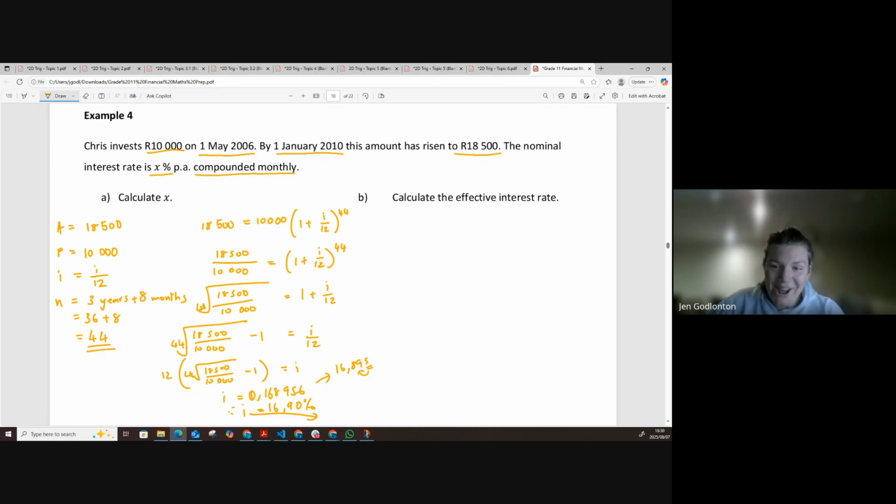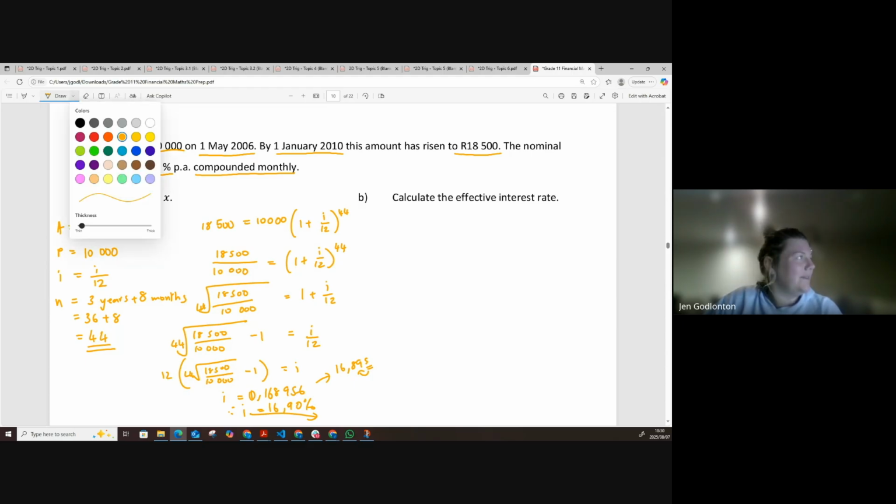That is 100% correct. Oh, no. So remember, the 44 is how many times it's happening, not how many times in the year that it's